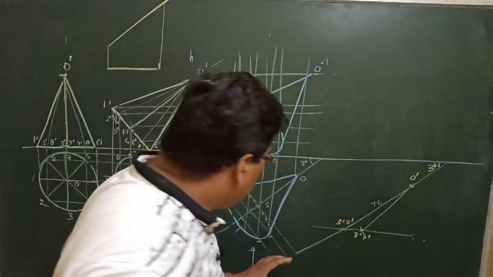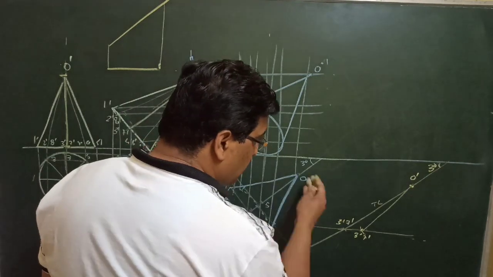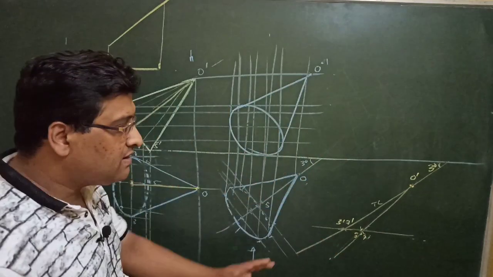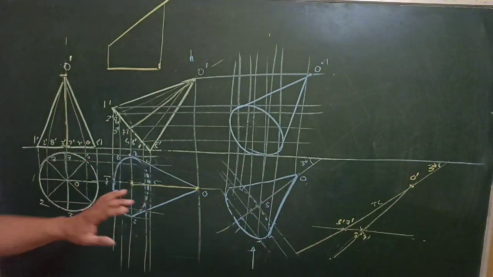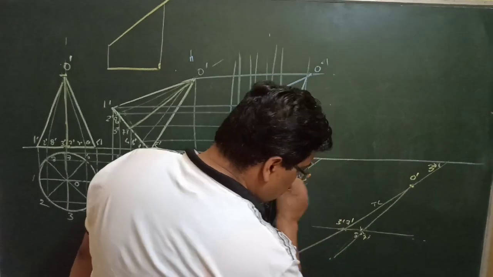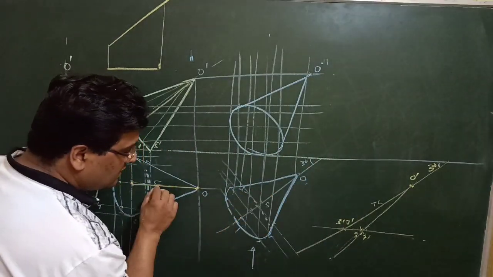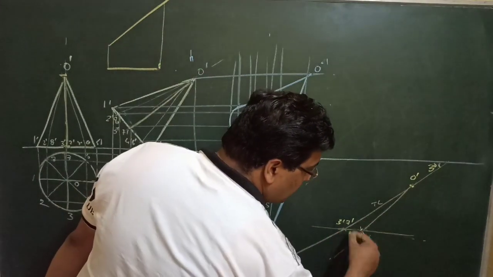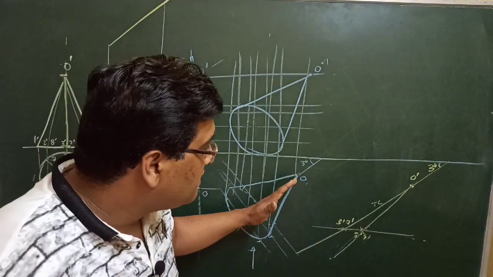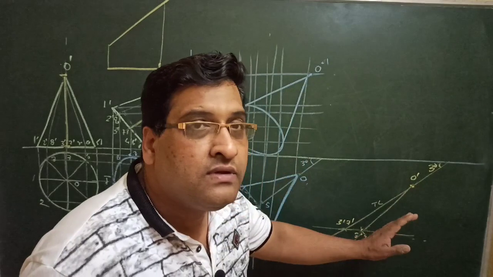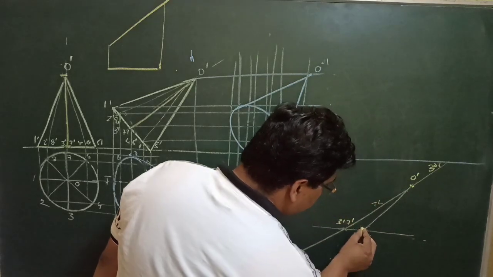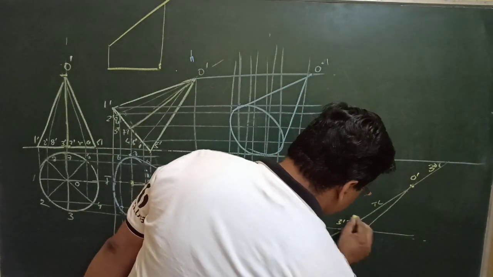Now what to do? Again, as we have drawn this diagram, we have to draw the complete diagram on this line rather than the line of the 30 degree, because now the angle is a little bit greater compared to the 30 degree. So completely draw this diagram exactly similar to this. This diagram and the diagram to be drawn here, these three diagrams are exactly the same. The only difference is that here it is at an angle of 30 degree, here it is at an angle of a little bit more than 30 degree on this line. So you will draw this complete diagram here